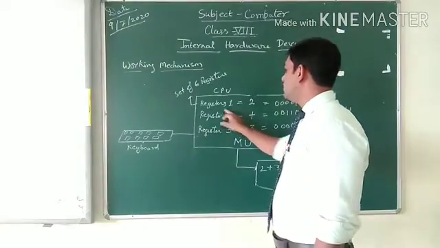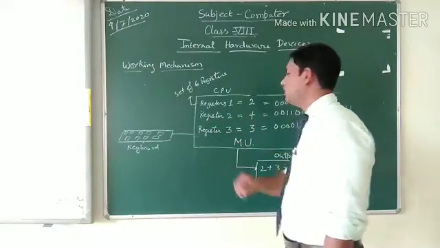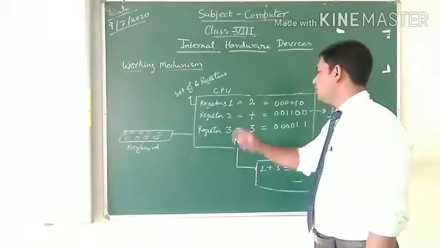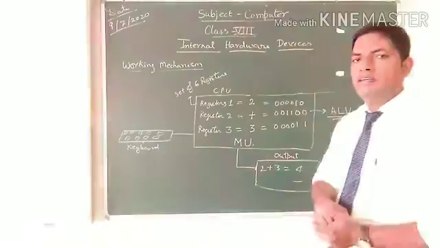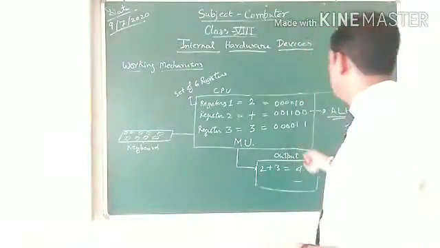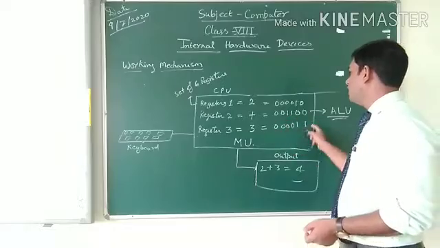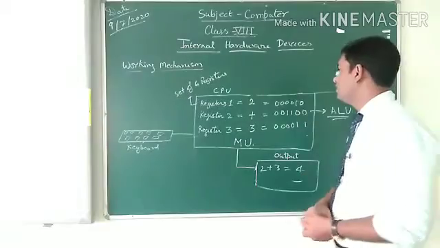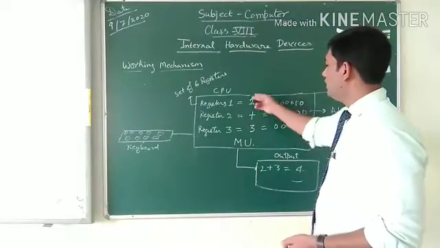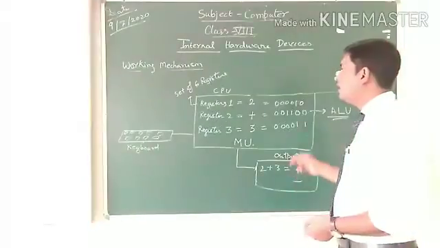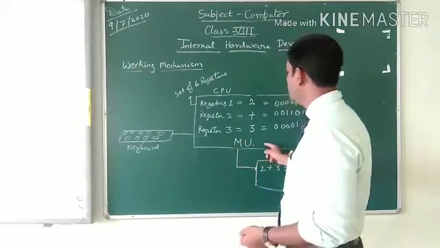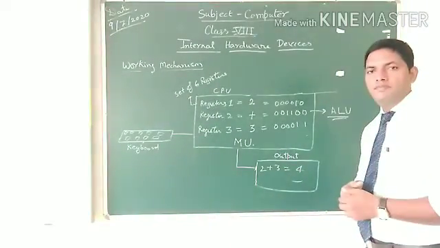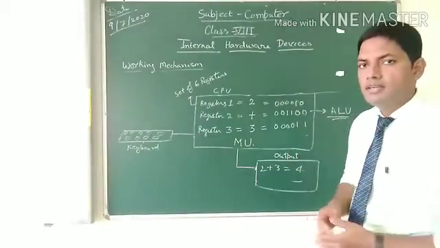Similarly, register number 2 will store the addition sign. Register number 3 will store the 3 sign. See, the 3 is a number which is defined in a 6-digit number. In this way, 2, 3 and the addition sign are stored in this memory unit. The memory unit is the registers which store the data.